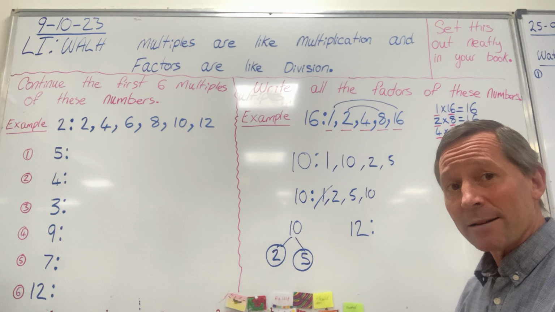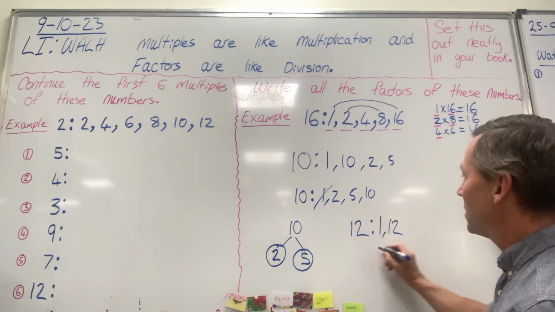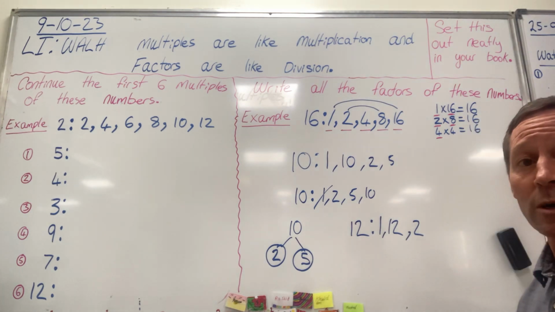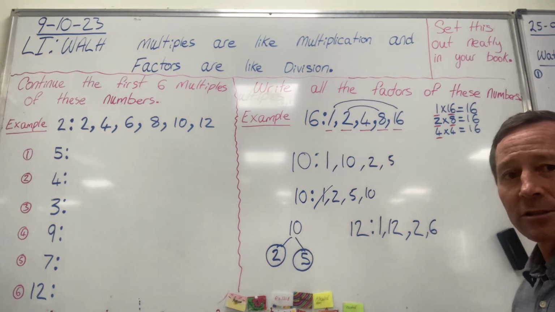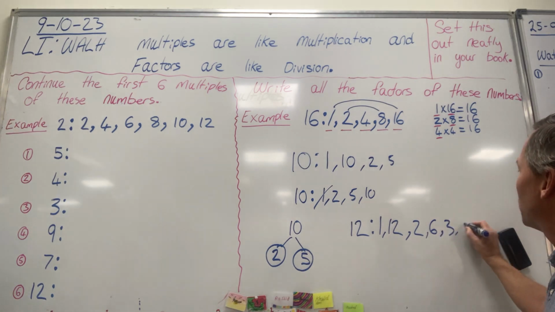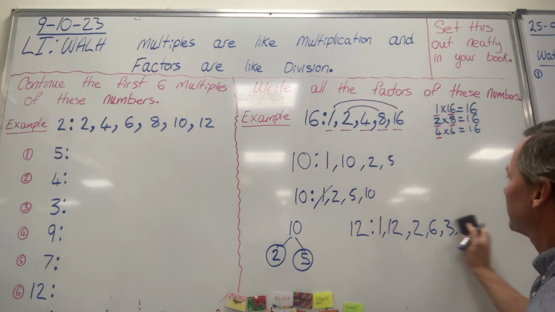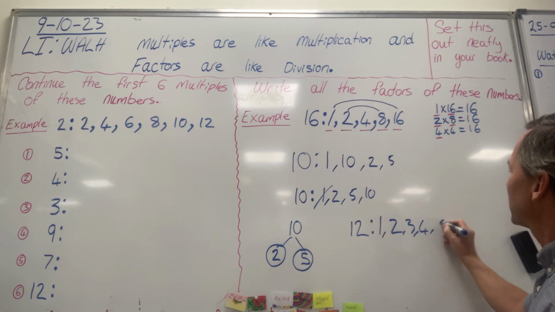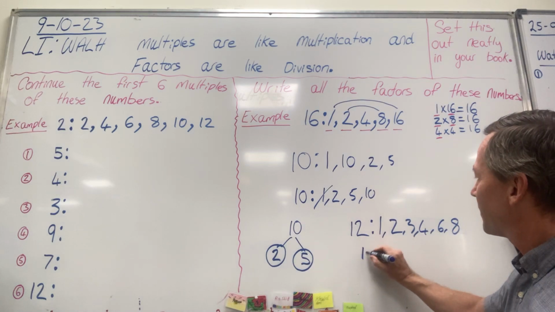Okay. Remember, 1 and itself, 1 and 12. It's an even number, so I can do 2. 2 times what is 12? 6. Anything else? 3 times 4. Okay, so if I put this in the correct order, it would then look like 2, 3, 4, 6, 8. Now if I was going to do a factor tree,